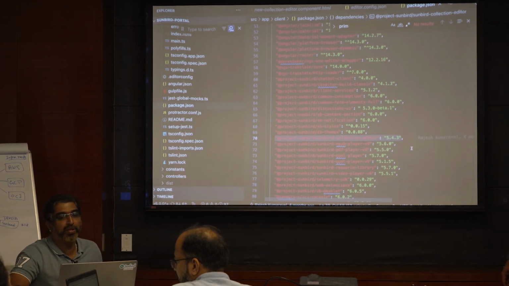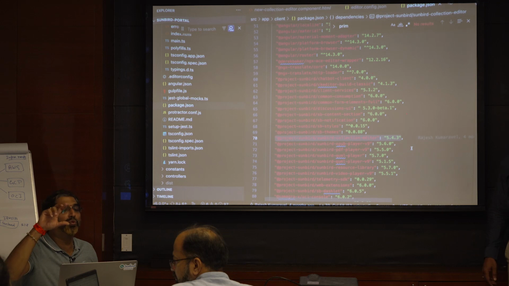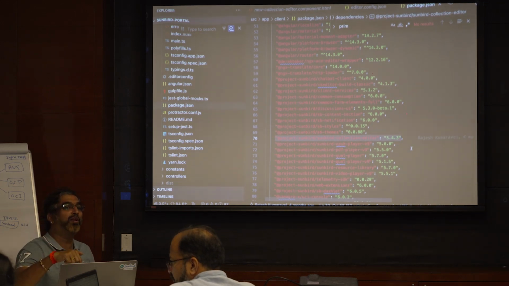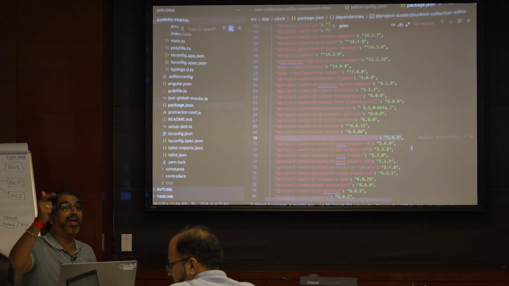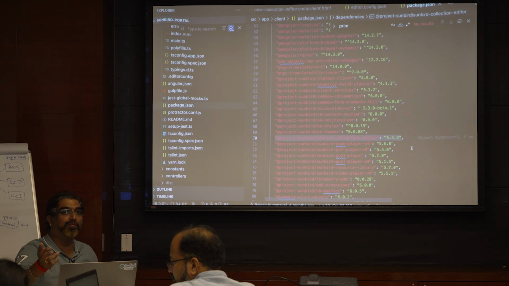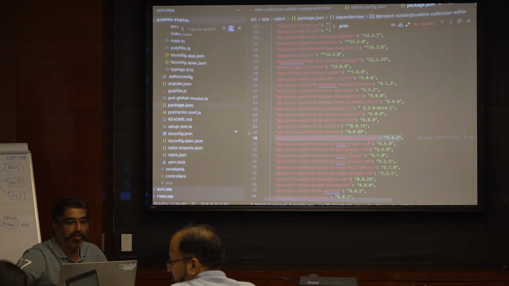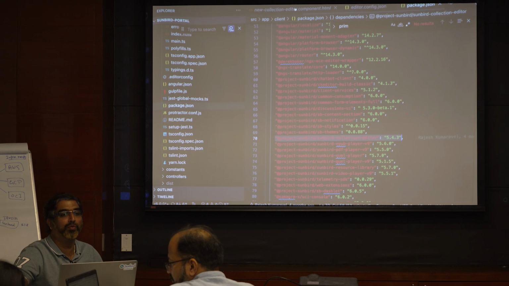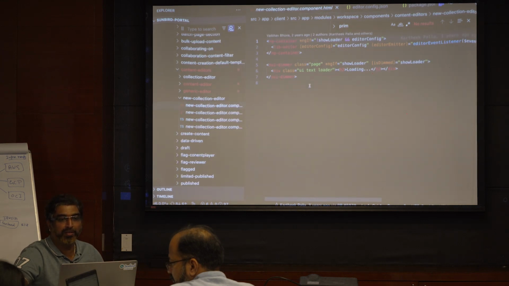There is no generic editor or content editor coming as an npm module, because they are loaded as an iframe. Only this one is an npm module which is added into our own project. Once it is downloaded, it has its own tag to be used, and we will be using that.